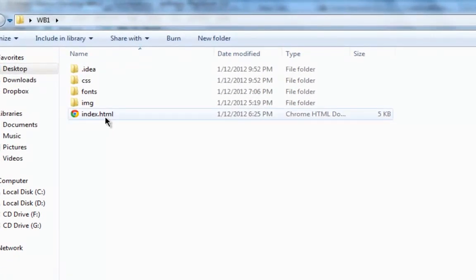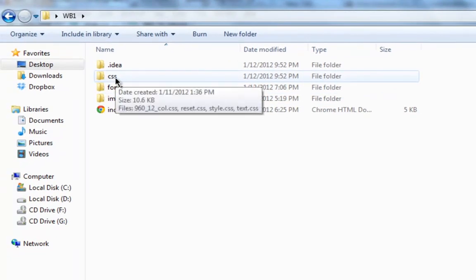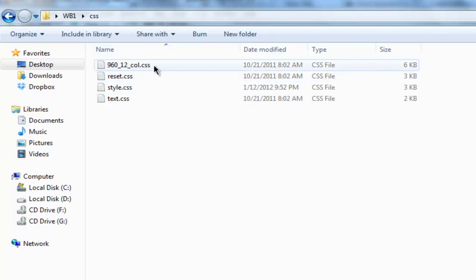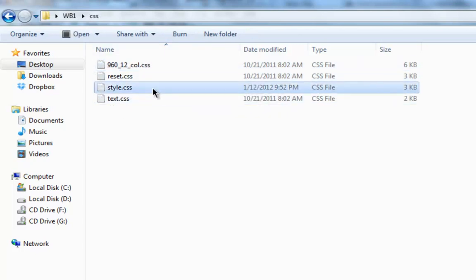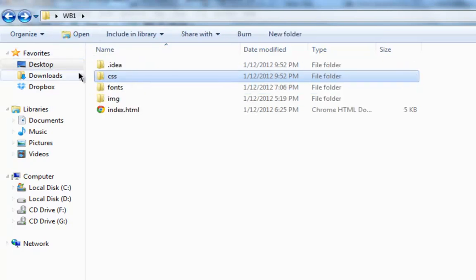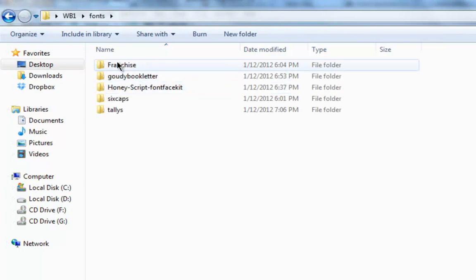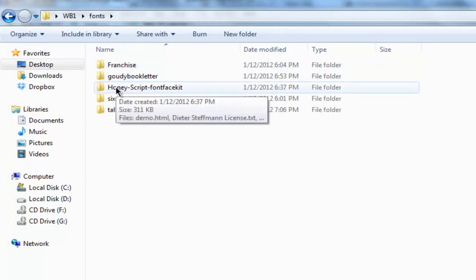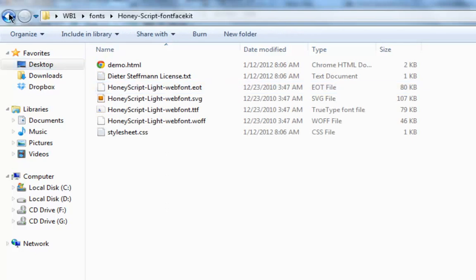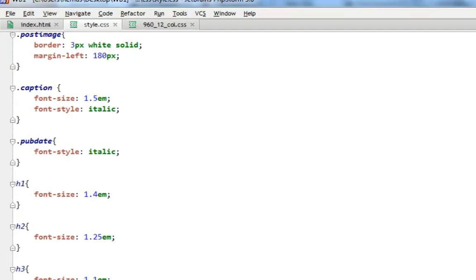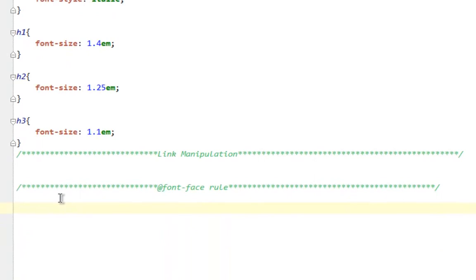I have an index.html file, I have an images folder, I have a fonts folder, I have a CSS folder which again contains some different bunch of CSS styles. Right now my style.css rests here. I have to access the fonts folder, so I have to go up a folder and then go into the fonts folder and then go into the particular font files folder. Back to my text editor. Now you have learned about the basic syntax in the earlier presentation. Now we'll use it. @FontFace